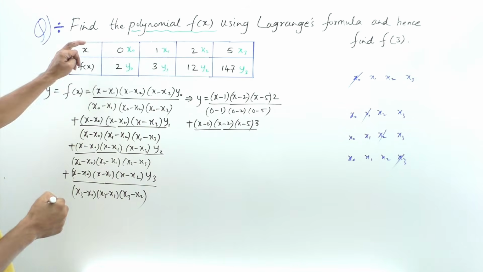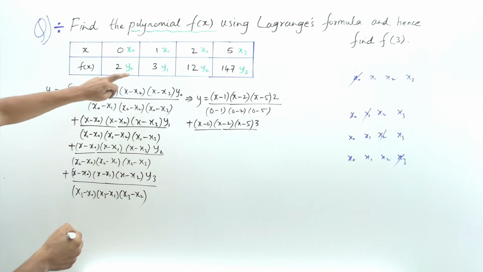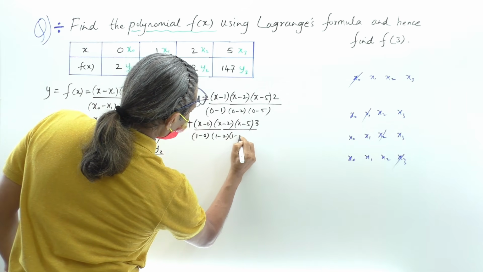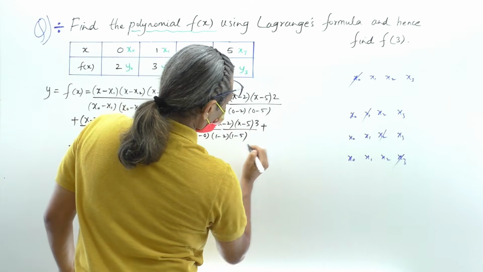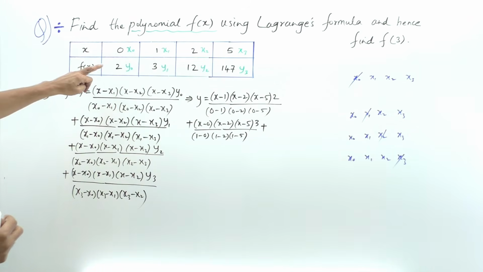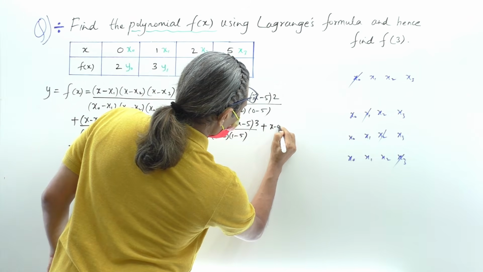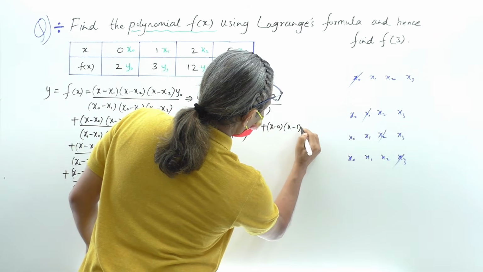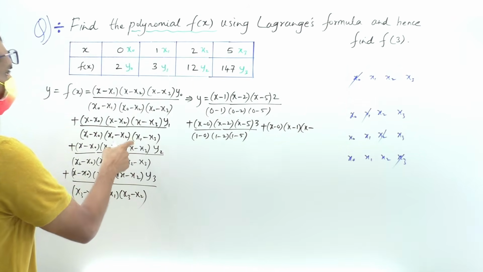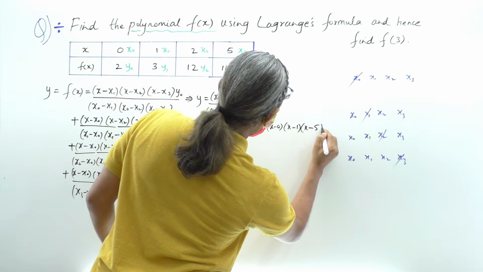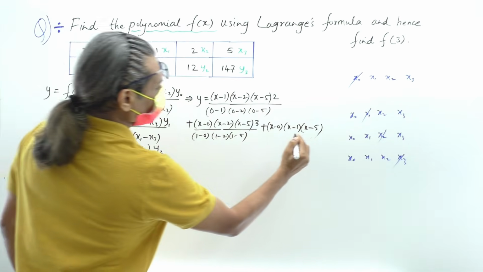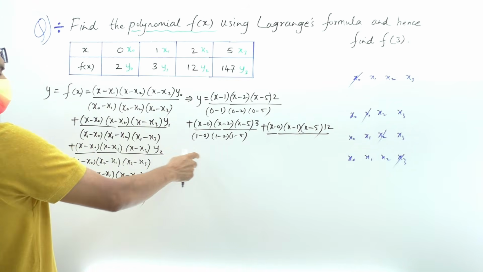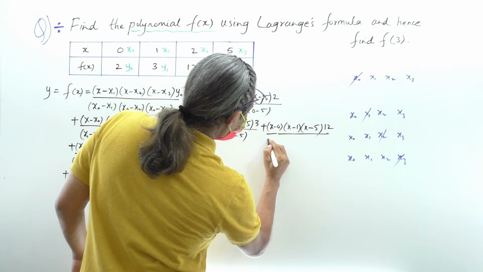over, we have x1 is 1, 1 minus 0, 1 minus 2, 1 minus 5, plus again next x minus x naught, again same thing, x minus 0 into x minus x1 is 1 into x minus x3 is 5, into y2 is 12. Input all the values correctly, upon it was x2 minus x2 is 2, 2 minus